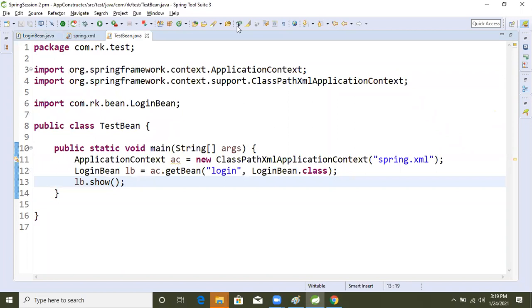Yes, what is your doubt? The object creation is totally done by the container.